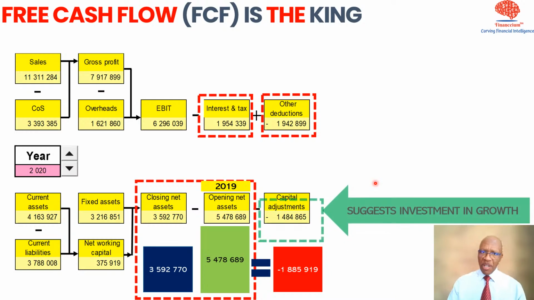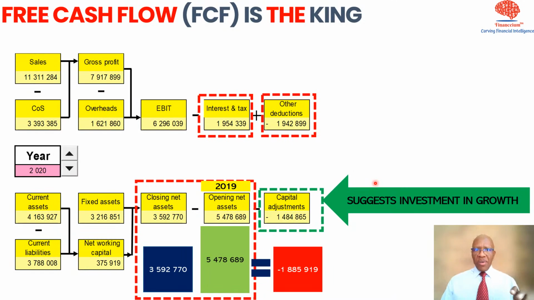We've already spoken about that. Now, let's just go back. When you look at the capital adjustments during the course of the year, and we link that to the movement of net assets, the negative number is suggesting to us that this company is probably in a scaling environment, or there have been growth opportunities that this company has seen, and